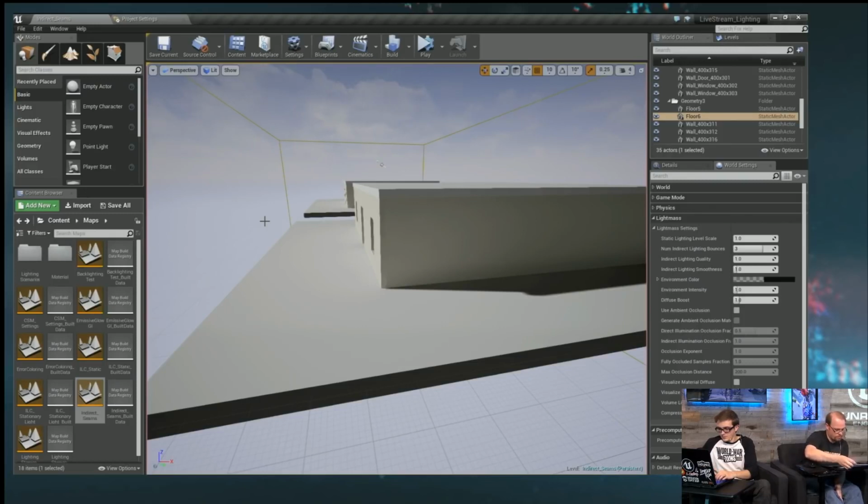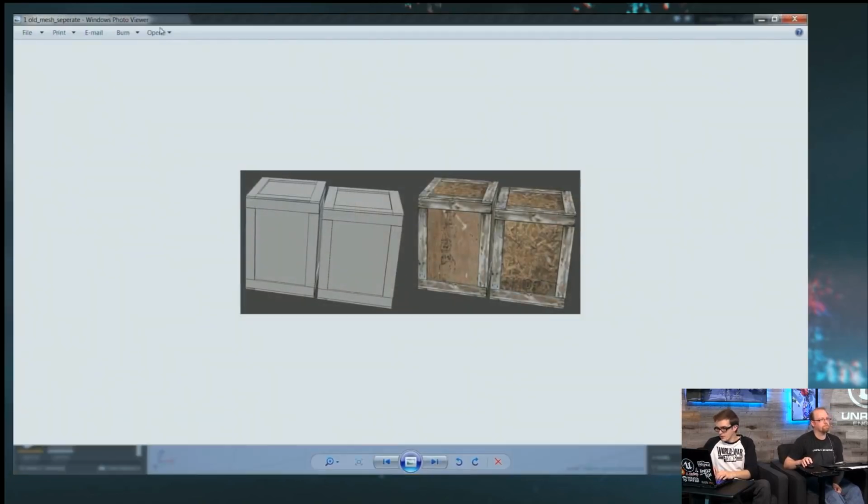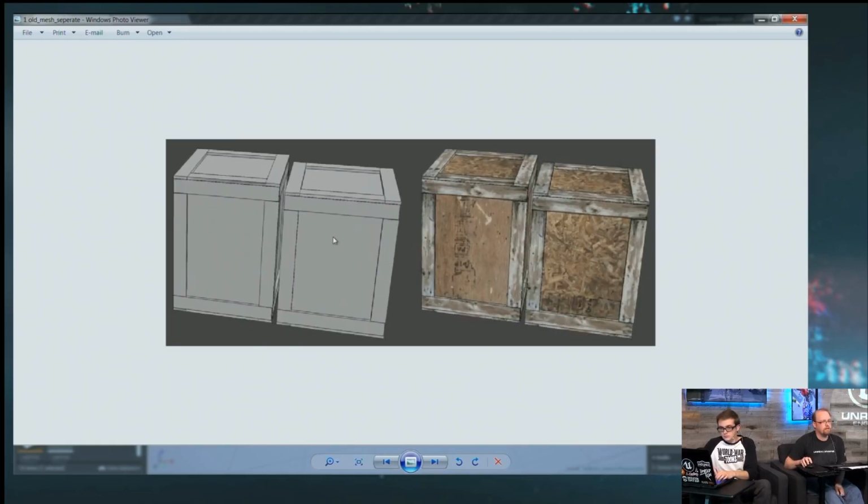While we're on this, I've got some more images. I've just pulled these straight from the documentation. We have a really good doc on light mapping in general, and I can drop that into the description. If you search the docs for light mapping, you'll find it. Okay, so what we've got here is